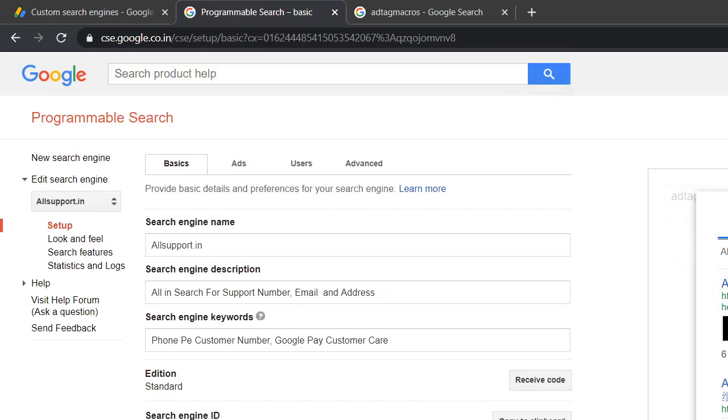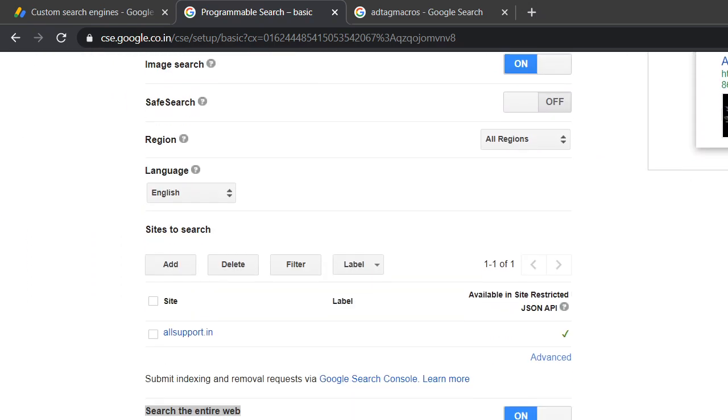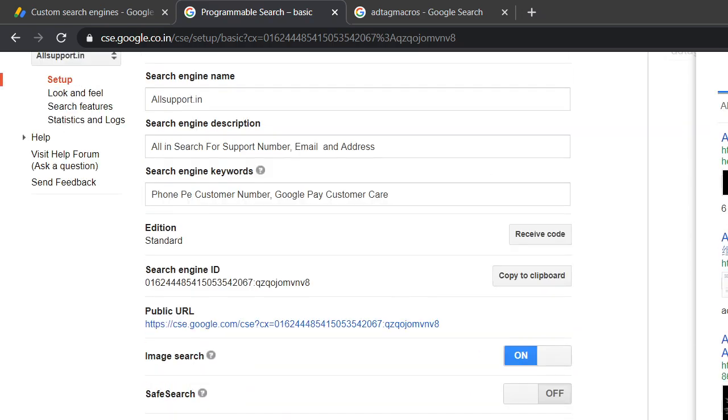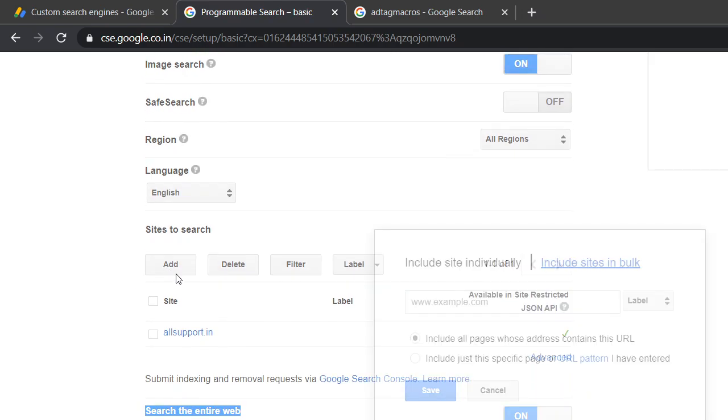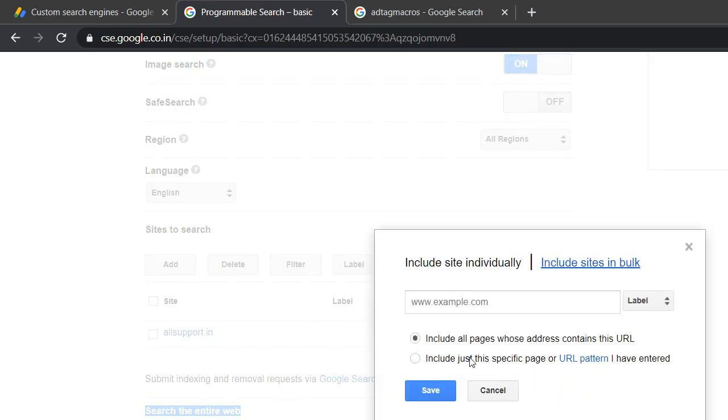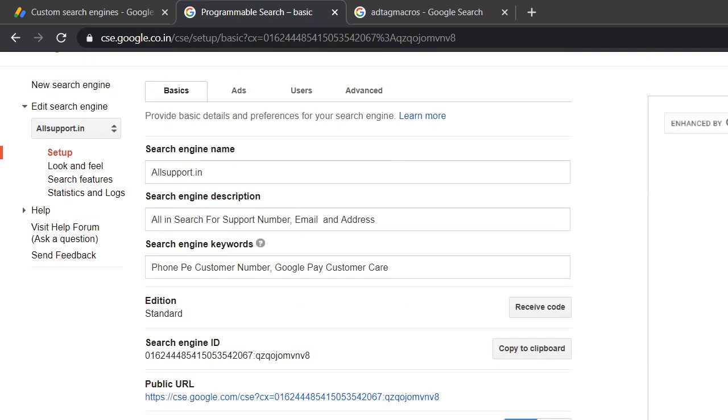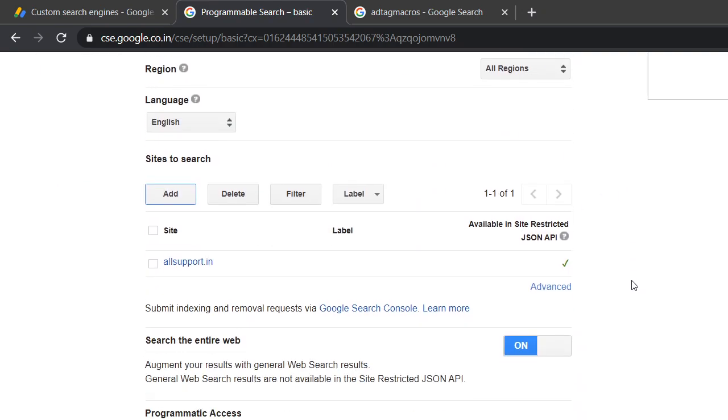If I do this add tag macros, now you are seeing that add tag macros, language, Facebook page, all those things are showing up here on this search result, and this is happening just because we have turned this option on. Now this is the setting. If you have a similar kind of site which shows the same kind of result, you can add additional sites by doing this one. You can add these additional sites, and now the next results will be shown from that site as well.